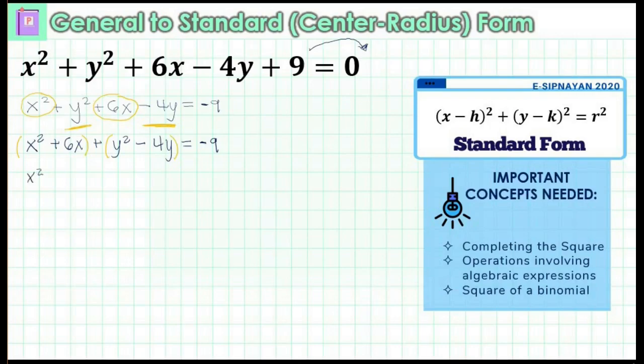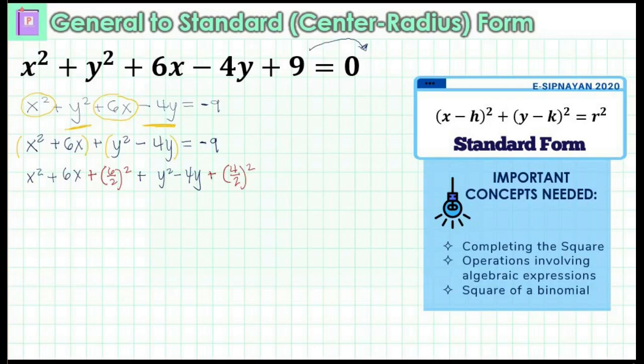Therefore, the equation will now become x squared plus 6x. To complete the square for the x variable, we're going to add 6 over 2 squared. And then to complete the square for the y terms, let's copy the operation addition. Then y squared minus 4y. To complete the square, we are going to add 4 over 2 squared